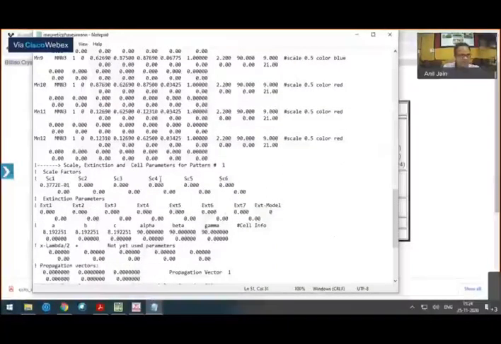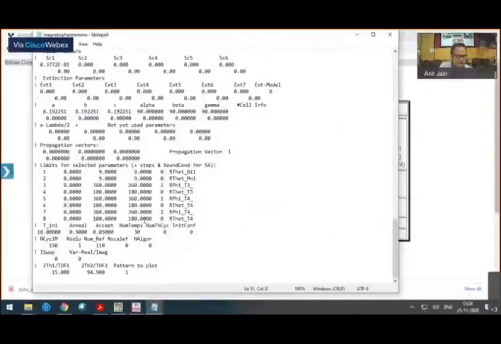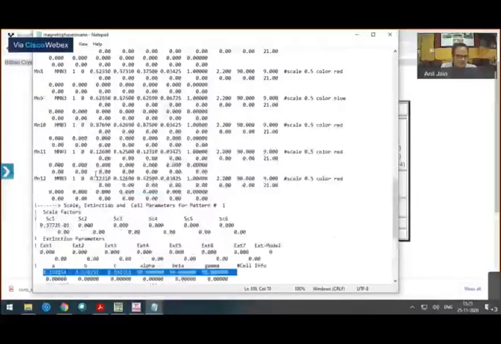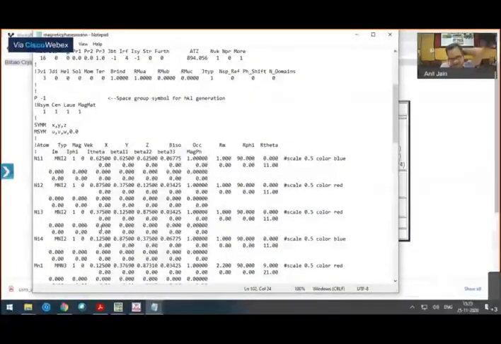Now the format of this file is slightly different than your powder diffraction file. This file is more or less in the form of what you will make for the analysis of single crystal data. So the information in this file is about the lattice parameter. More or less, this format is related to your single crystal file. This scale factor has to be kept the same as you kept last time.